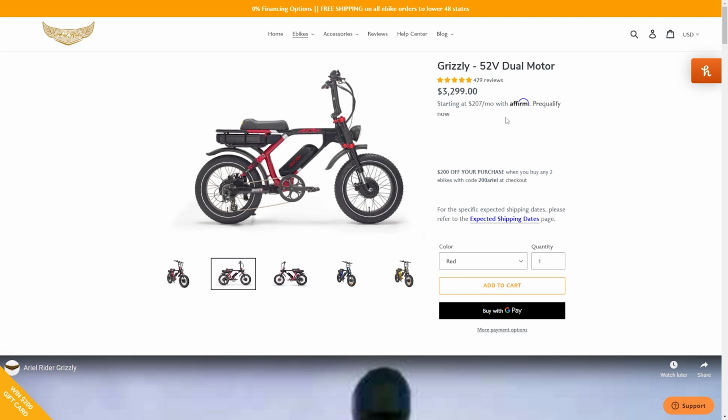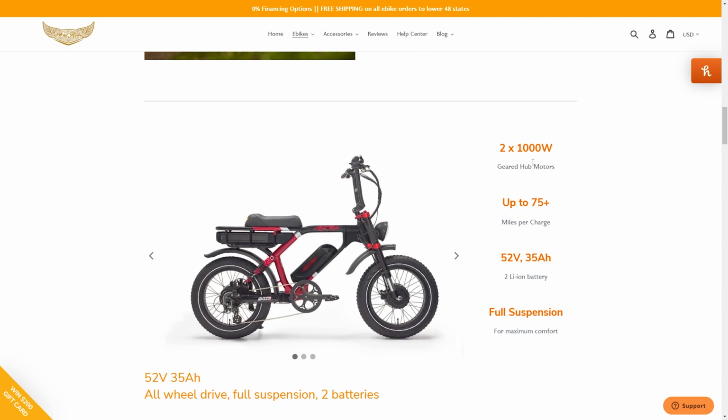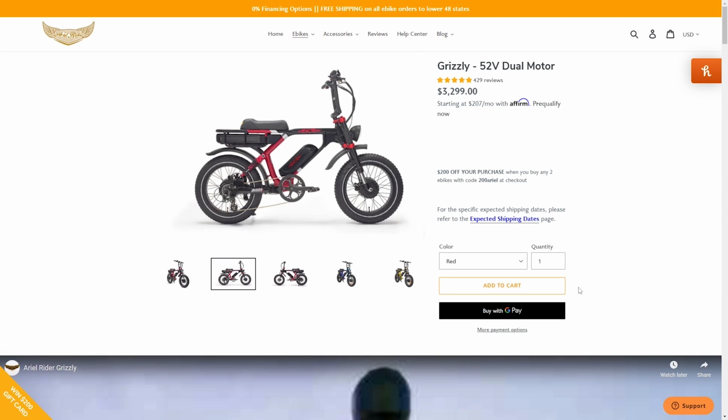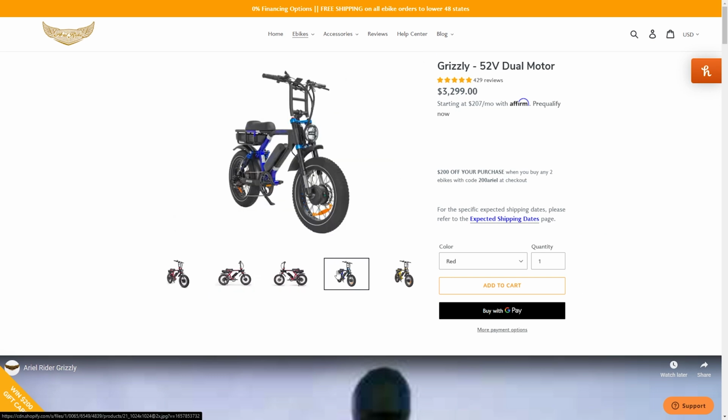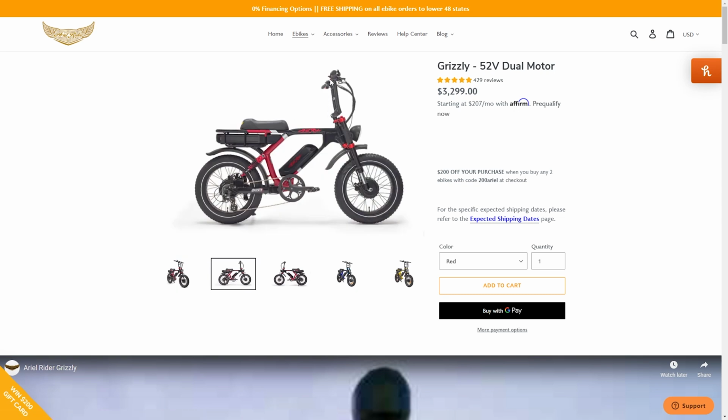It has dual batteries. That's the only way you can order it. 35 amp hour total, so probably a 15 and a 20, and dual 1000 watt motors. So the top speed on this one I think is around 35 miles an hour, maybe a little bit more than that depending, but it comes in 3 colors. They just added the blue and the yellow or gold to the lineup, so that is pretty cool. And it's got the 20 by 4 inch fat tires, digital color display, hydraulic brakes, you name it,